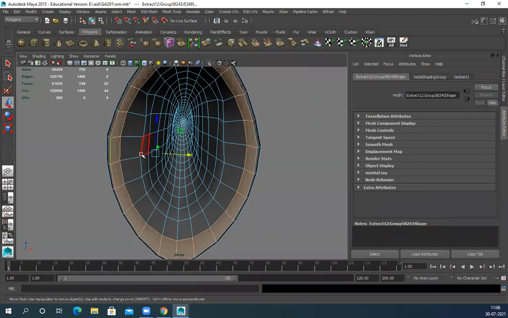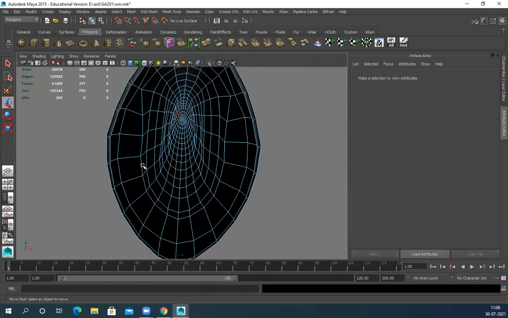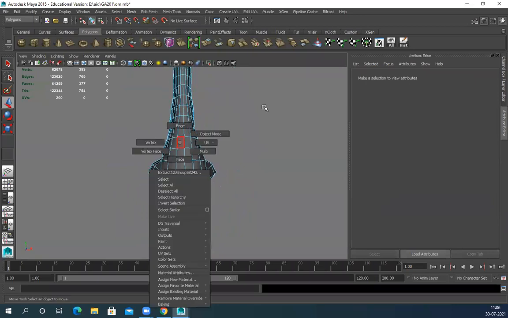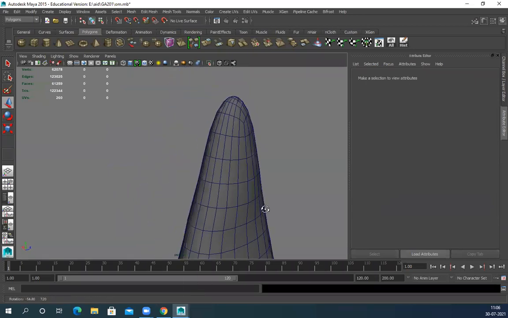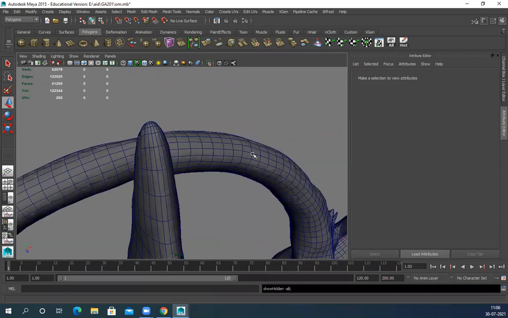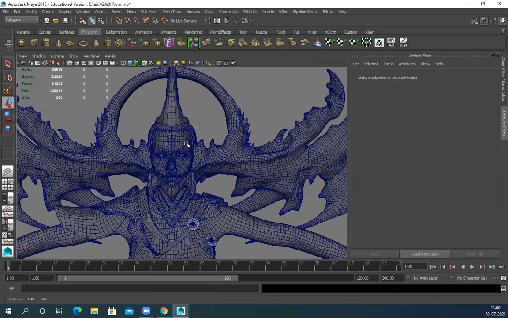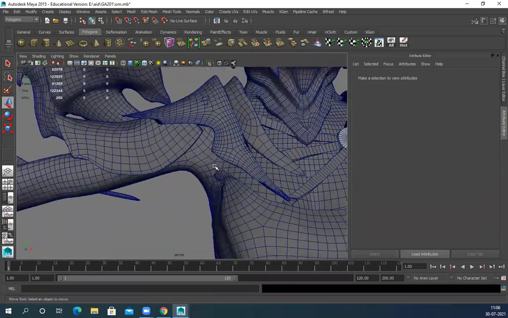Interior part not required. Delete completely. The fully optimized model, and this is all quads. This interior part also I have to delete.